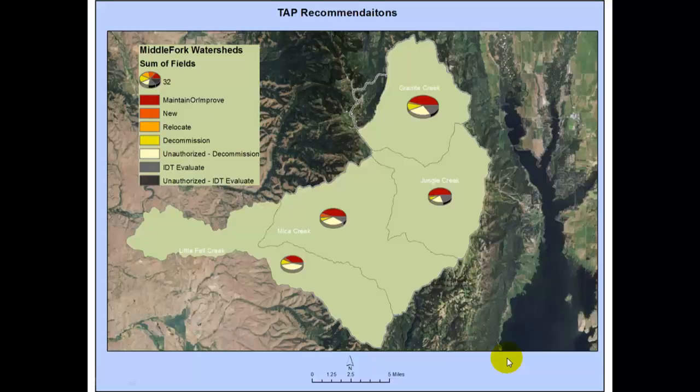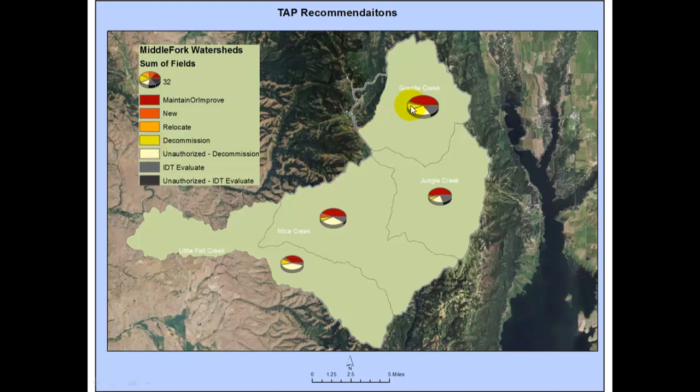A different way to look at that is these pie charts drawn on each of the watersheds. The size of the pie reflects the total miles of road within that watershed. Dark red color is maintain or improve. Orange over here in the legend is new roads. The miles are very small for new, so it doesn't show up very well. Relocating roads in orange. 2 categories of